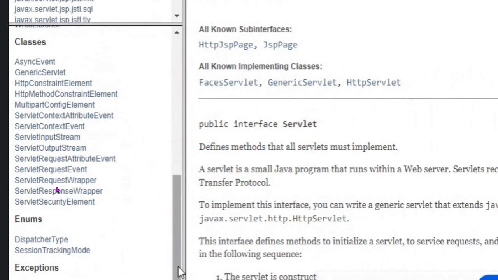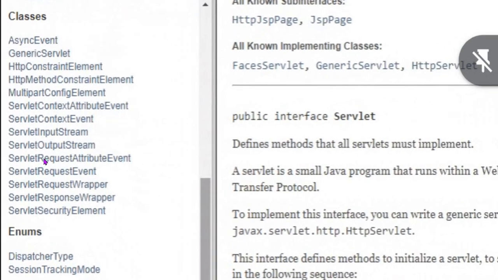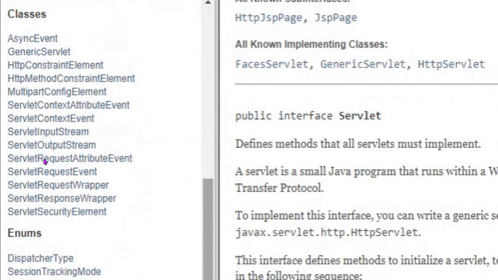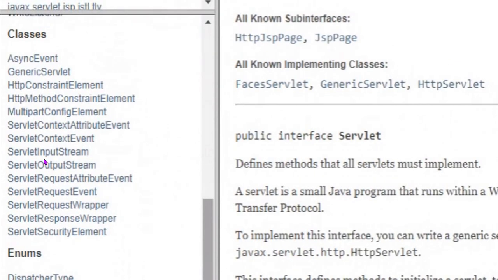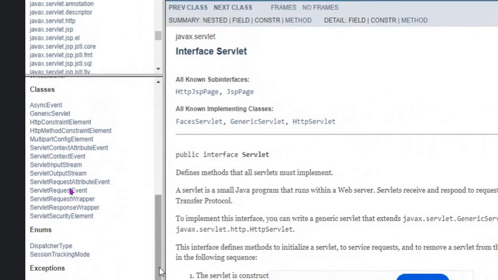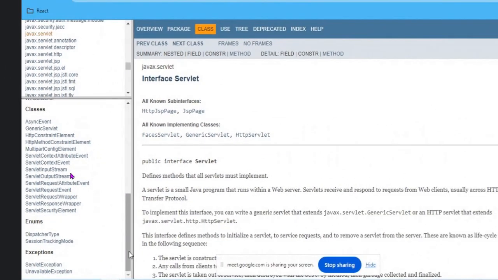Now, if you see here, a few popular classes we will be using are GenericServlet, MultipartConfigElement, ServletInputStream, and OutputStream. So these are all very popular classes we use. But nowadays, our frameworks are so advanced that you don't have to write the raw code. Frameworks are using this raw code already, and they have given us user-friendly packages, frameworks, and libraries. That is why you may not need to go through this in detail, but you need to have certain concepts, which I will walk you through whenever required.